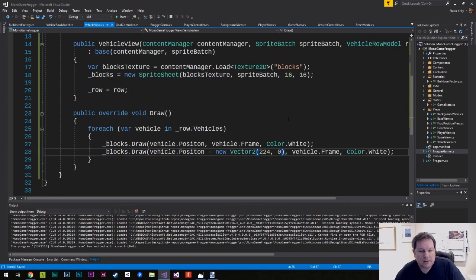So that's going to draw the row twice. It's going to draw the on-screen version, and then it's going to draw one that's over but off the screen to the left-hand side. So when we do scroll,